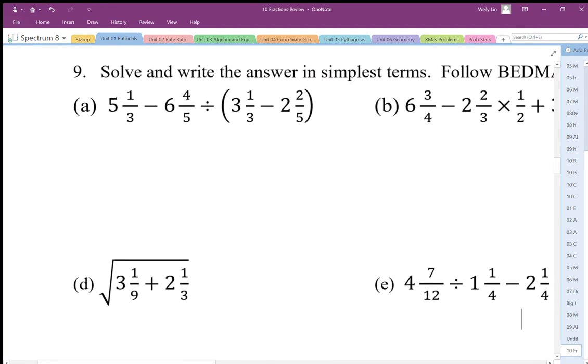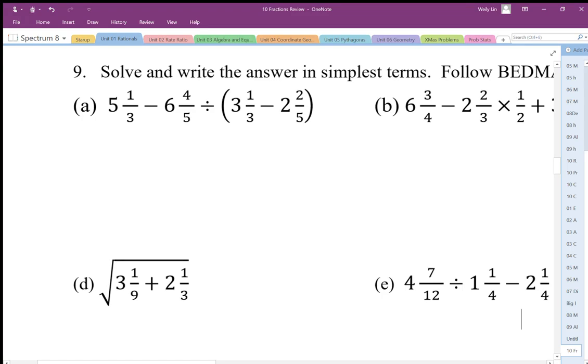So here we're going to use BEDMAS to solve these problems. Now it's really important that you actually work on these on your own and do your own steps, and then check afterwards to see if your answers are correct and see where you might have made mistakes in your steps. So if you haven't done that yet, pause the video and do these ones first yourselves, and then come check